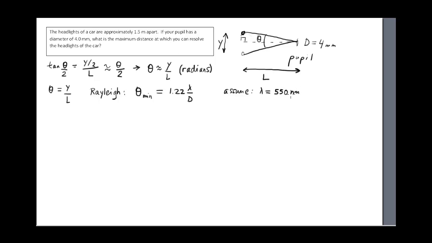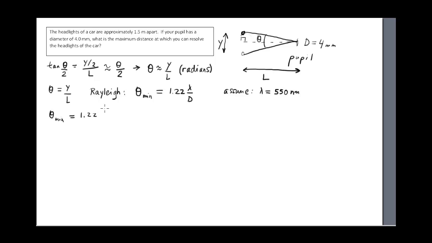So we will assume lambda of 550 nanometers, and we'll get an answer that will be approximately correct for the midpoint of the visible spectrum. Okay? So lambda, theta minimum, we now can calculate that because with our assumption about the wavelength. So theta min is